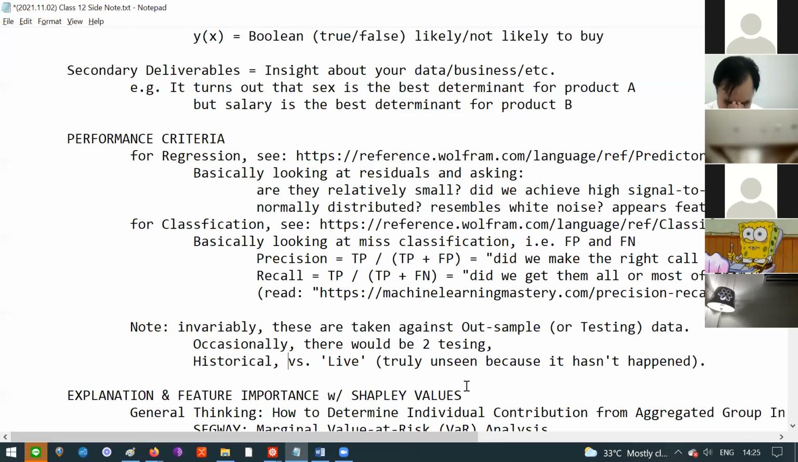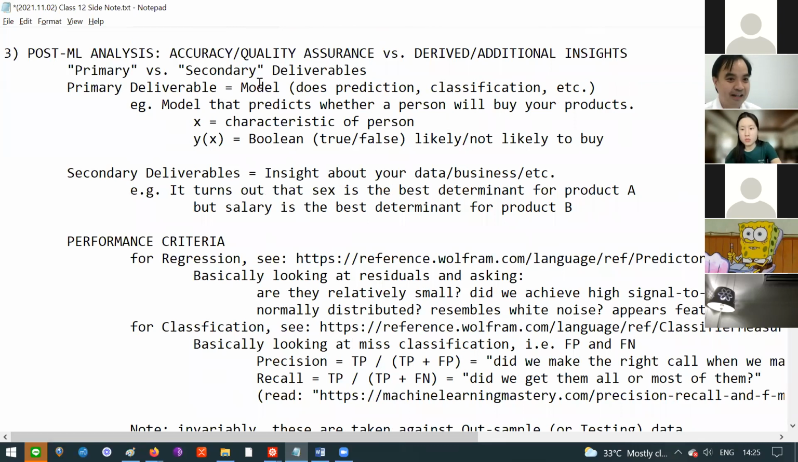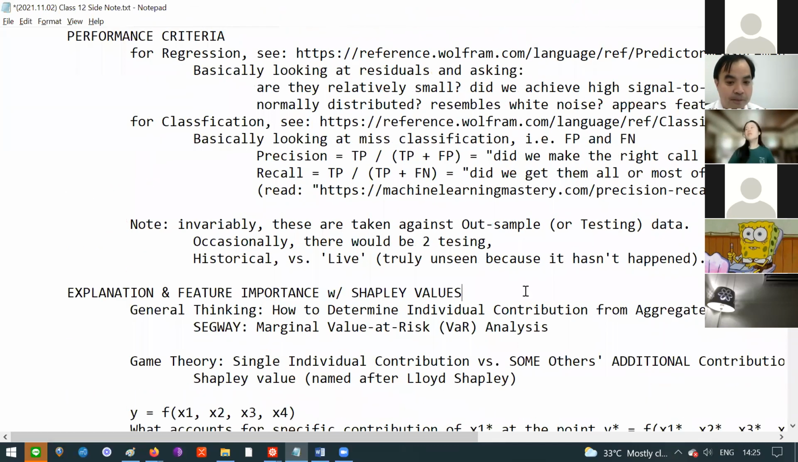Now, let's focus on this. Performance criteria. The performance criteria here really is to help with quality assurance, that it's doing the job it's supposed to do. But hey, what about the second criteria? And this is where